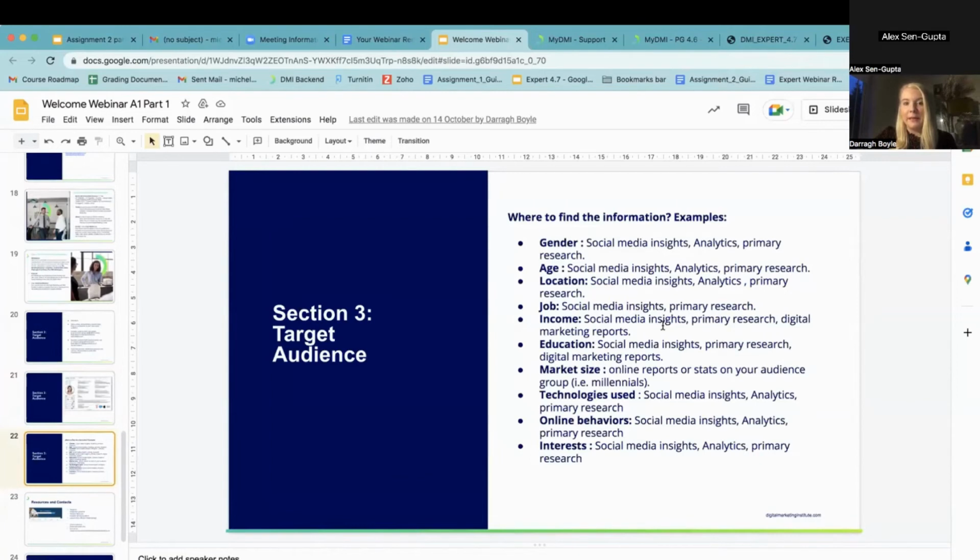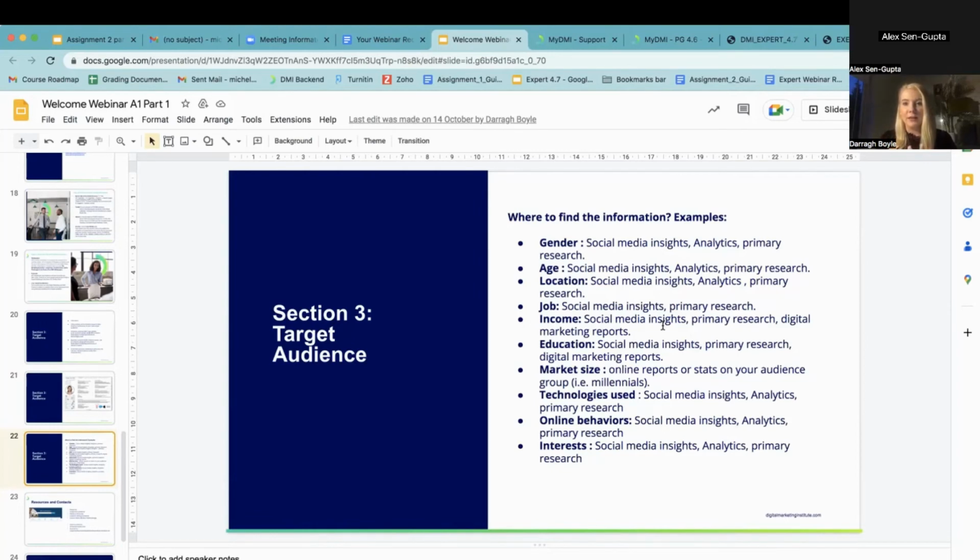So you might be overwhelmed thinking, how am I going to get all this information about these people? I know this is who we sell to, but I don't know who they are. So here's some details. Again, you can have these slides with the recording. So for example, you might need information on the gender of your audiences. Where you're going to find information on mums or dads who like gardening, or dads who like mechanics, or you think about who the person is and where you're going to find information on them.